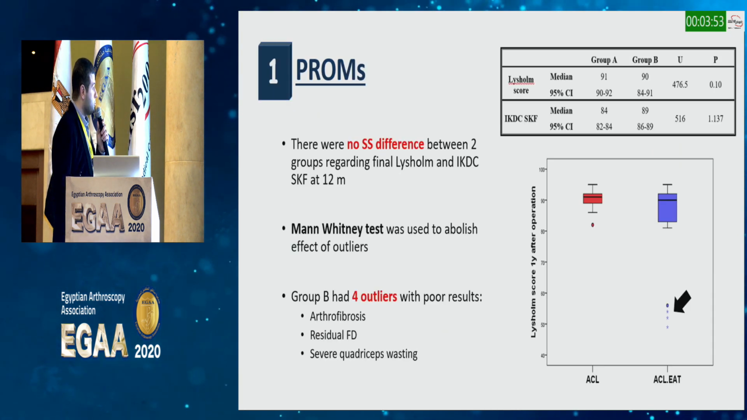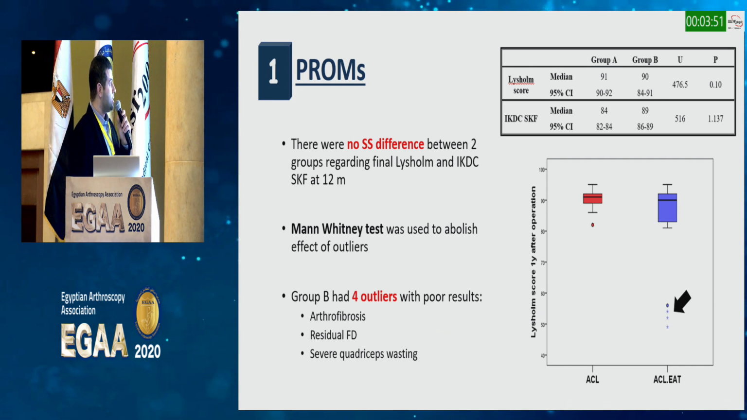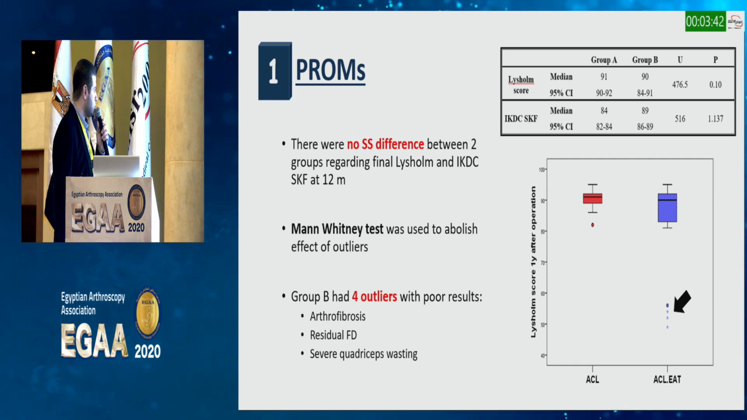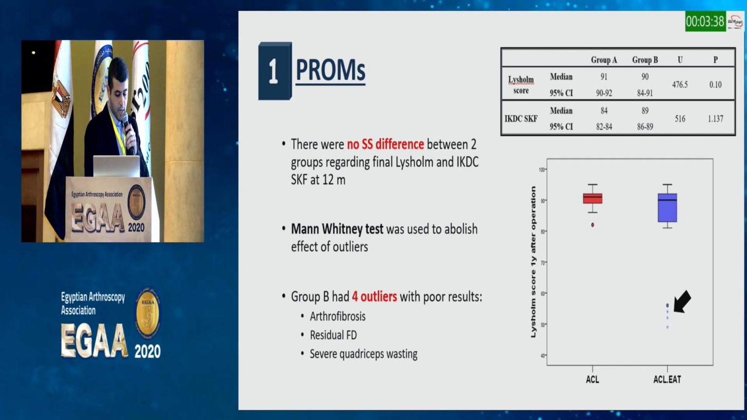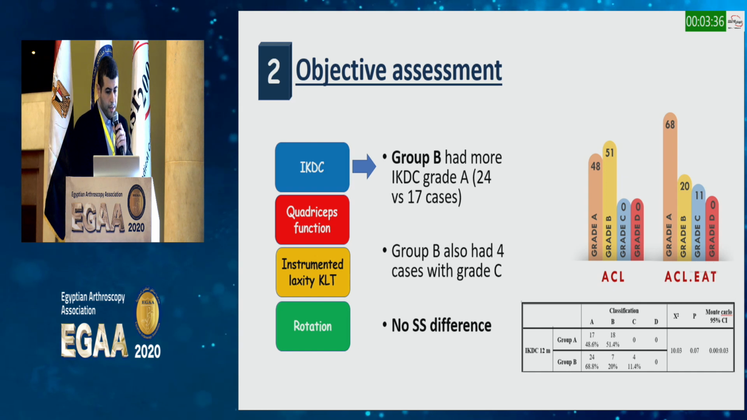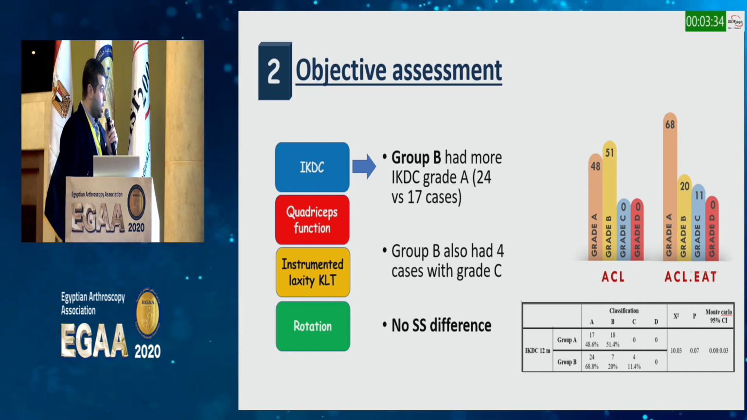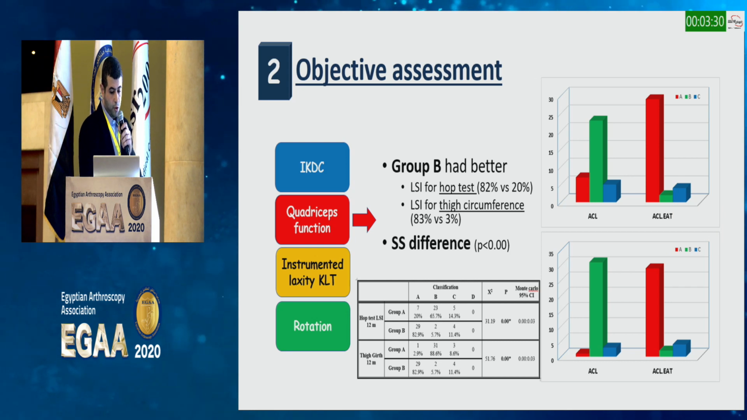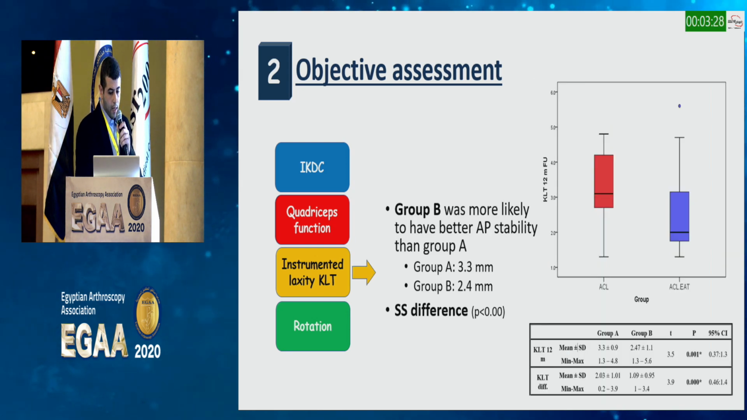Regarding the patient-reported outcome, we found no statistically significant difference between the two groups regarding the Sholem and the IKDC. Group B had 4 outliers with poor results. They had arthrofibrosis, residual flexion deformity, and severe quadriceps wasting at the end of the follow-up. Regarding the objective assessment, Group B outperforms Group A in the form of IKDC, quadriceps function, instrumented anteroposterior laxity,